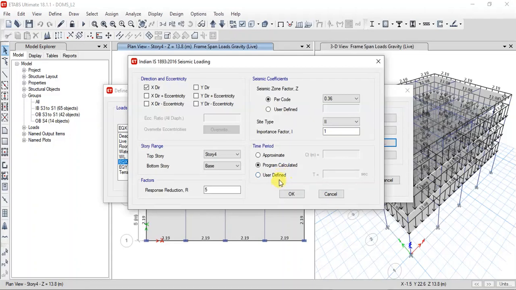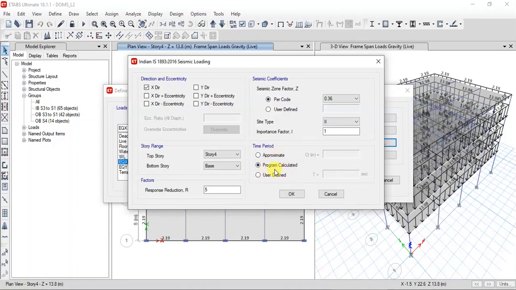Or if you have calculated it by using the formulas available in the code book, that time period you can actually give here. So for now we will give program calculated one. If you calculate the time period for this particular structure, it will come around 0.28 to 0.32 seconds. So that value you can give here, 0.32 second, as your user defined time period.